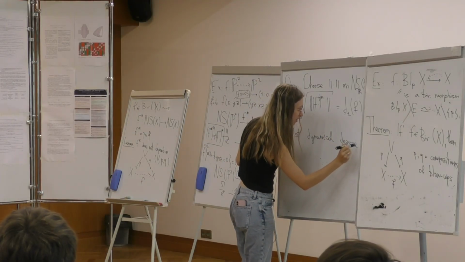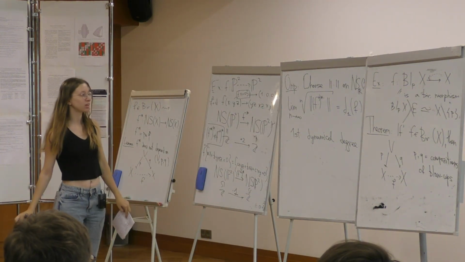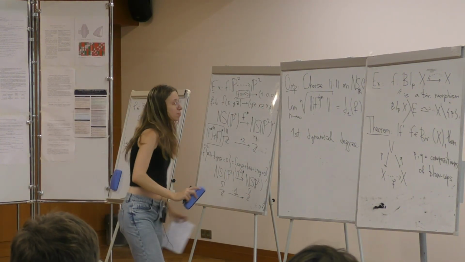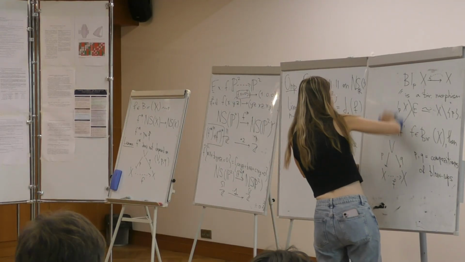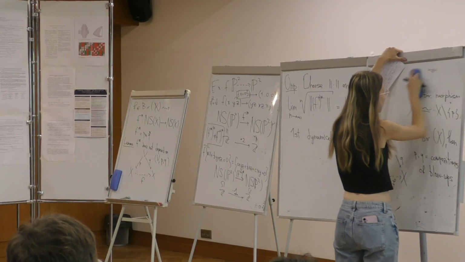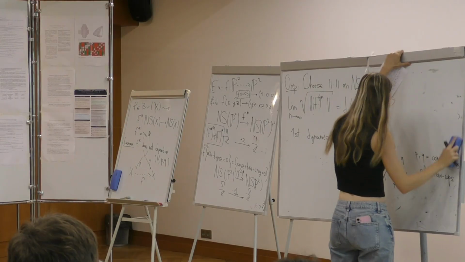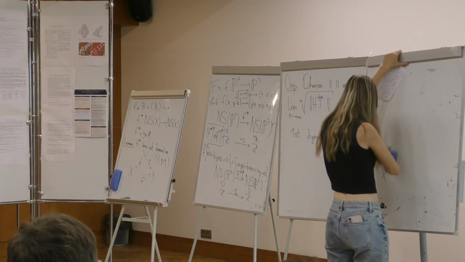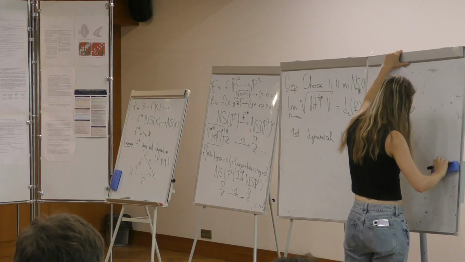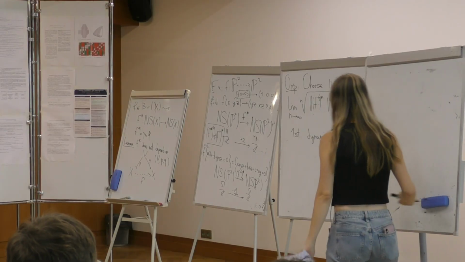This is called the first dynamical degree, and the theorem which we already had yesterday, by Dinh and Sibony, says that the limit exists and